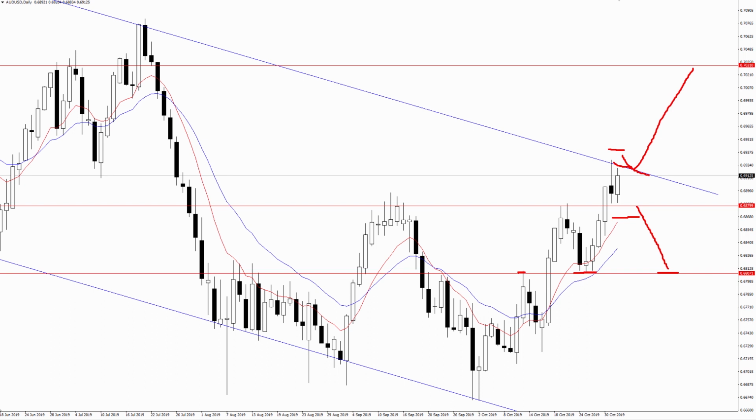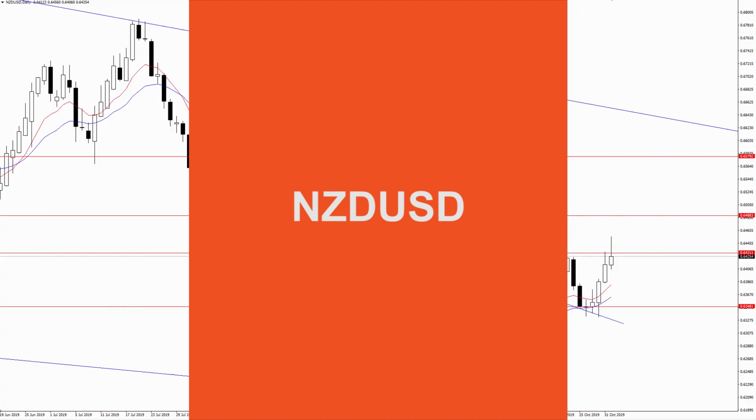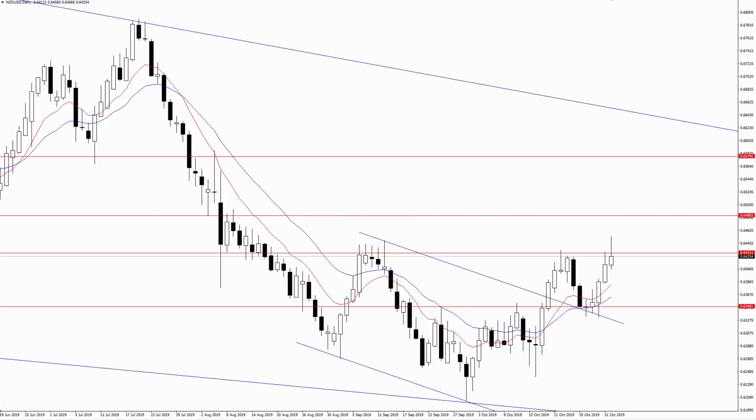So right now, the Australian dollar is just one for the watch list, but I do think we could see an opportunity in the weeks ahead. The New Zealand dollar versus the US dollar, or NZDUSD, has a lot going for it. And I mentioned this pair a few times in recent weeks, including last Saturday's video where I talked about this